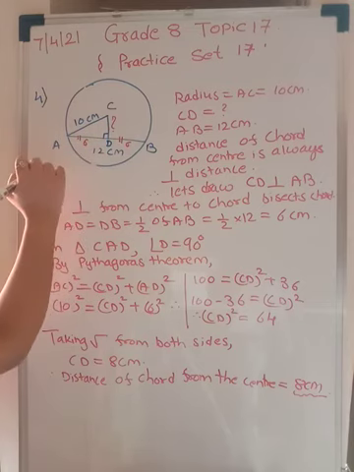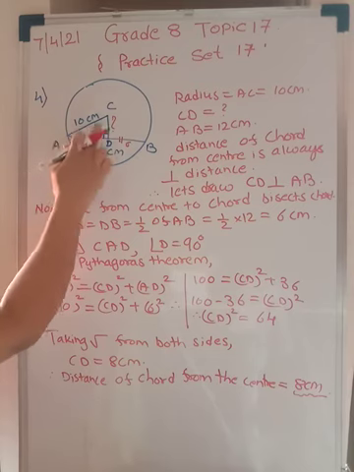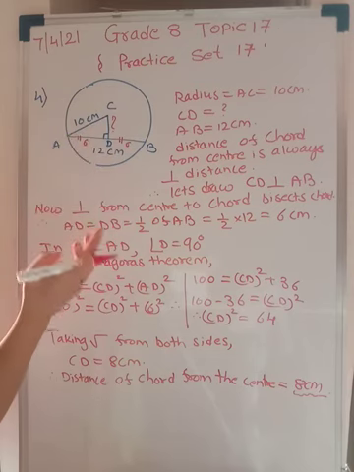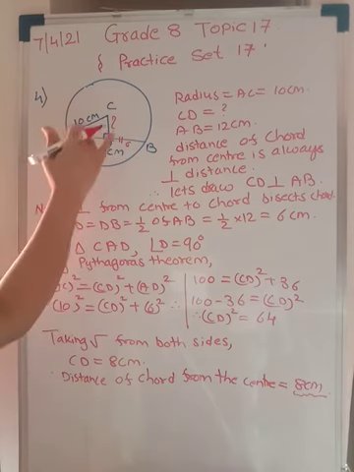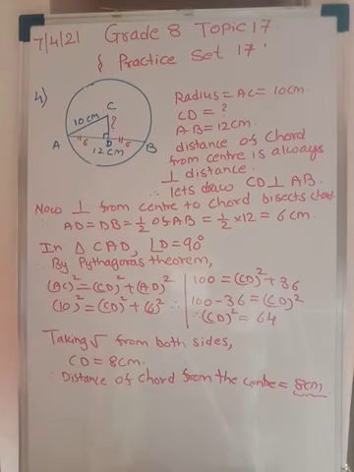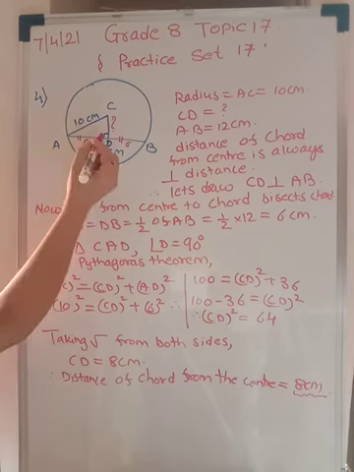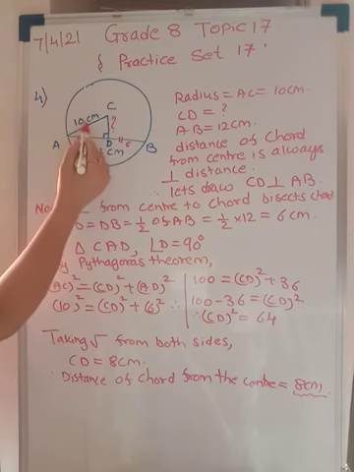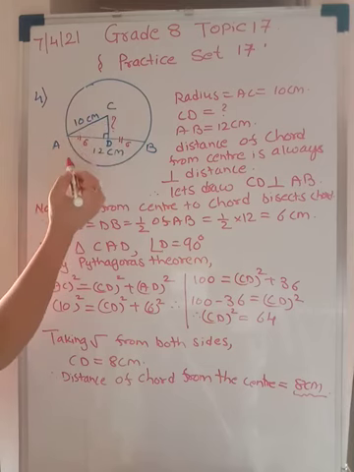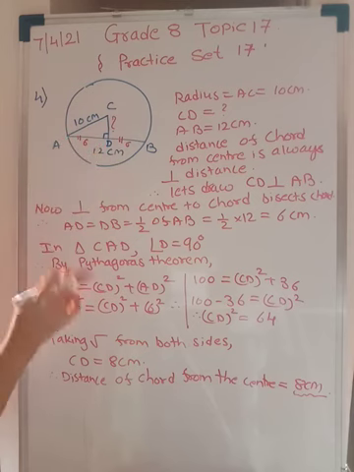Now this is 90 degrees. Again applying Pythagoras theorem in triangle CAD. So the second, third and fourth problems all have the same steps: first finding the half length and then applying Pythagoras theorem. So we have to find CD. This is the hypotenuse, so you have AC square is equal to AD square plus CD square.